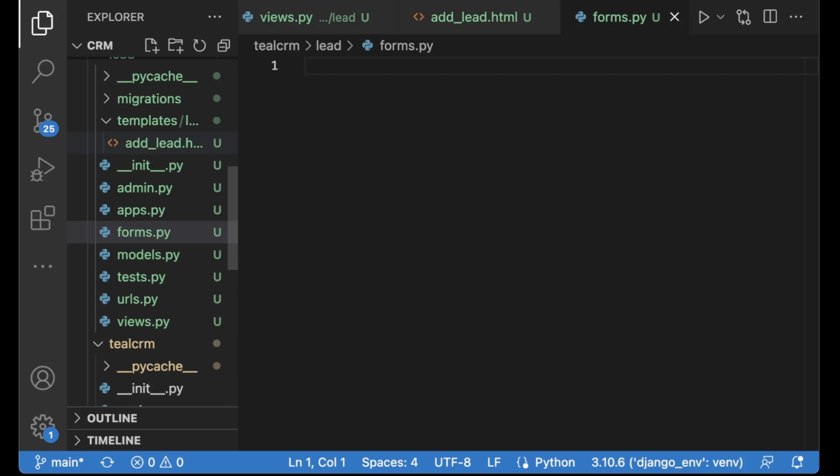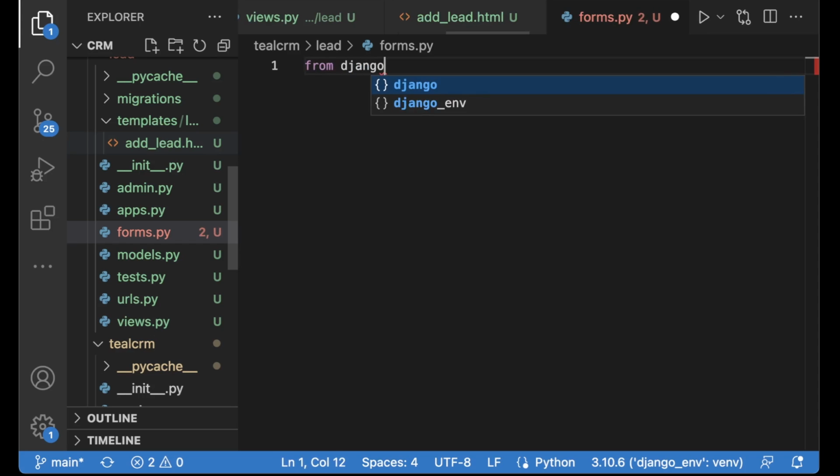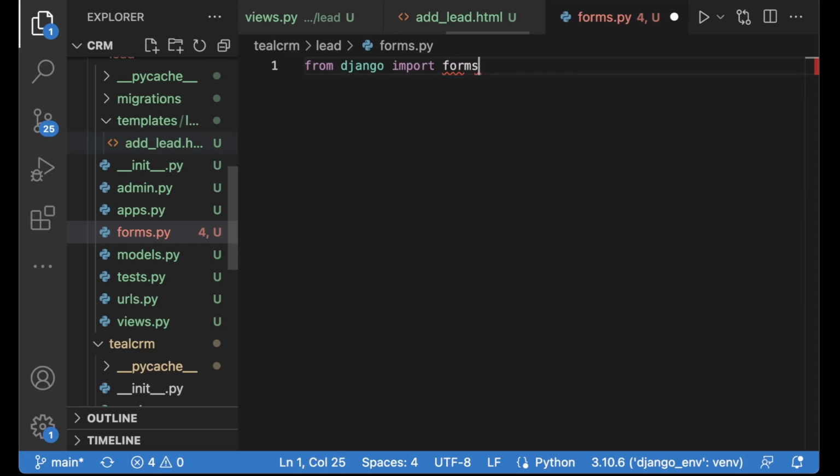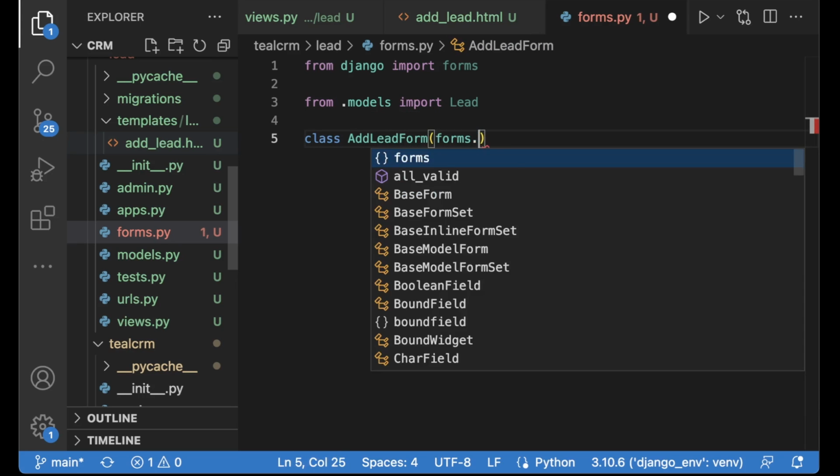So let's import model forms from Django import forms, and from .models import lead. And then we say class add lead form, pass in forms.modelForm.